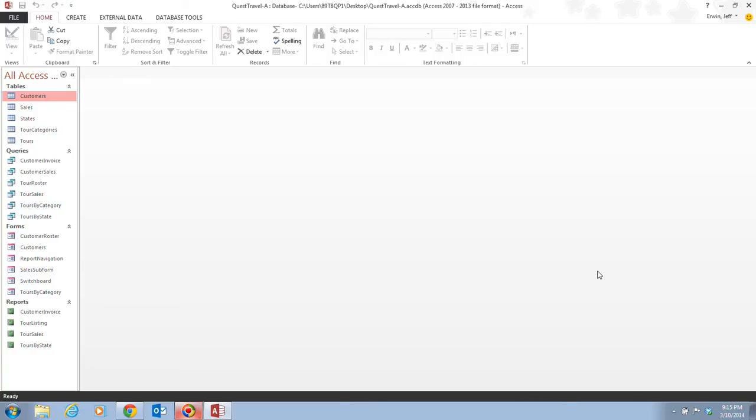Now, as we take a look here, the Quest Travel A database contains 5 tables, and of course we can tell that they're tables because we see that here it's listed out as tables. There's customers, sales, states, tour categories, and tours. It also contains 6 queries, which we can see here: customer invoice, customer sales, tour roster, tour sales, tours by category, and tours by